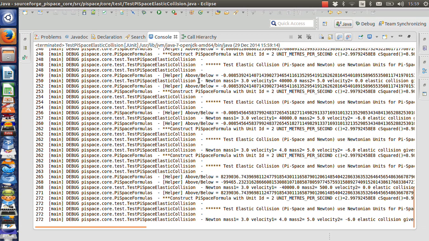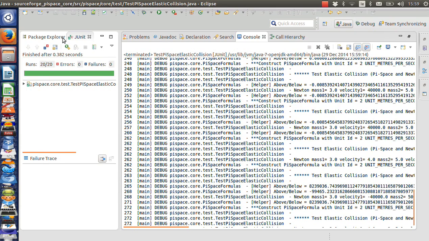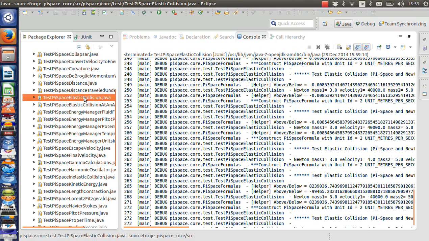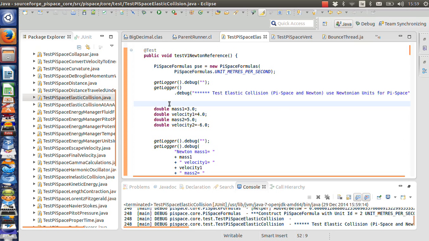So I test elastic collisions using the Newtonian formula with the pi space formula, and if you check out the code on the SourceForge using the Git repository at the time of writing, that's how it's implemented. You get the correct values back. I also have a test example for a very high speed, a fraction of the speed of light, and that's the idea of it. So if I just delve into a test example here,